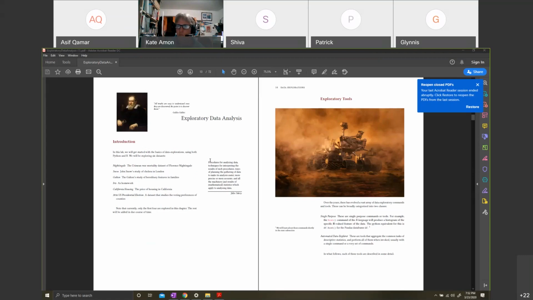This is the definition given by John Tukey, perhaps the father of modern data analysis, with his landmark book in 1973 or something like that. And this is the definition that he gives. So anyway, I've rearranged this a little bit. I put the exploratory tools first. There are two ways of doing data analysis, by using each of the functions and so on.